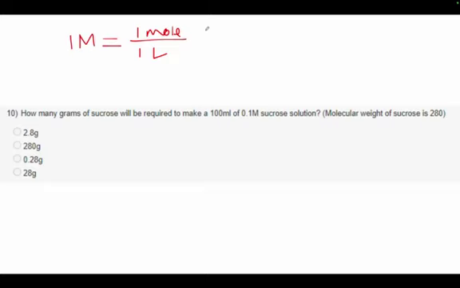If we know the molecular weight, that is basically grams per mole, right? So I know that 1 mole of sucrose has a weight of 280 grams. But what are they asking me to make? They're asking me to make 1.1 molar sucrose solution. So 0.1 molar will be equal to question mark weight